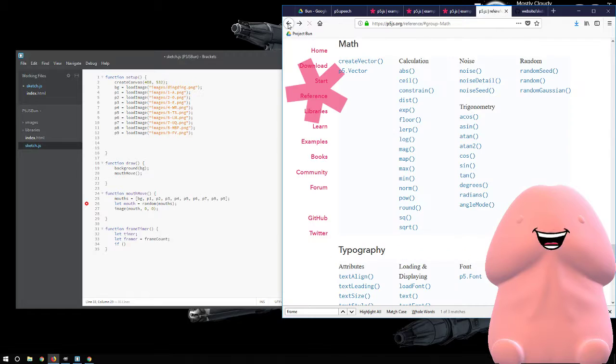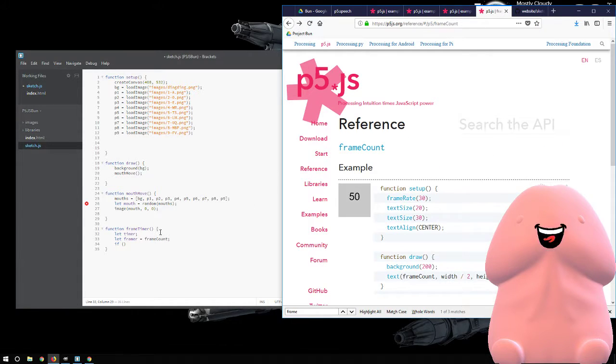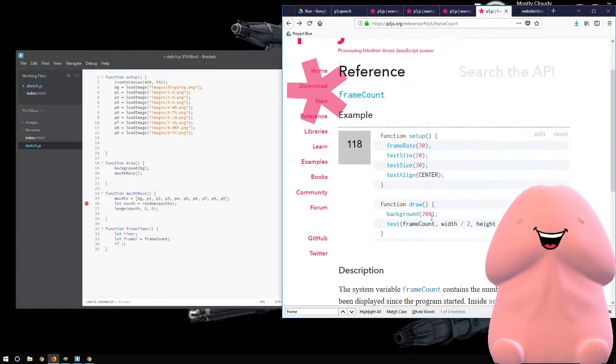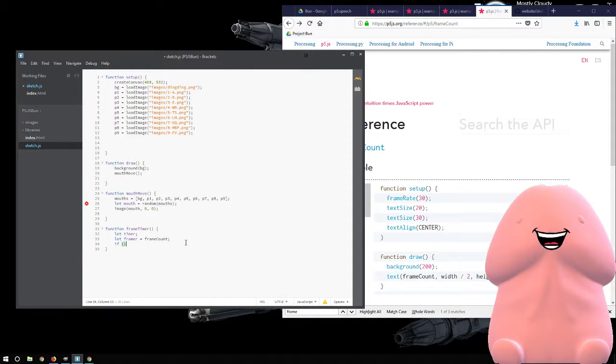Shit. Yep, frame count. Okay. And I don't have to use anything with that, just okay, so let framer equal frame count. Now, if framer modulus 30 equals 0, then